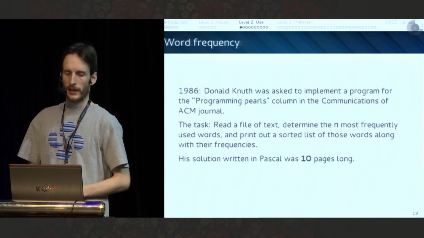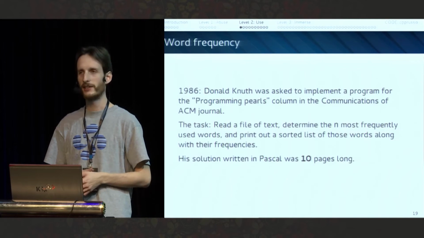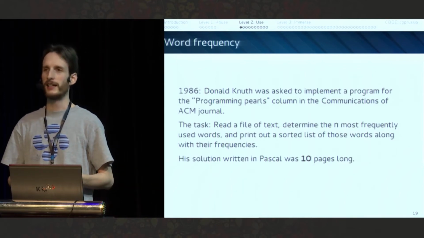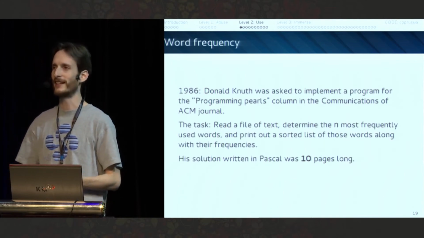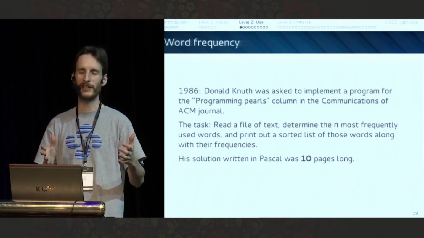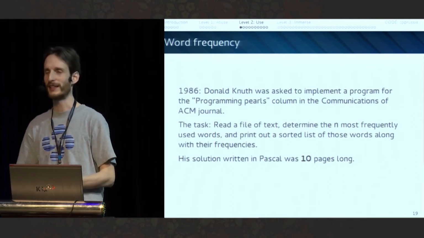So he wrote a really detailed and awesome implementation in Pascal. And it was 10 pages long. It had a lot of documentation. Obviously, it had novel data structures and everything else. So it was exactly the solution that you would expect from Donald Knuth. It was beautiful and worked perfectly.